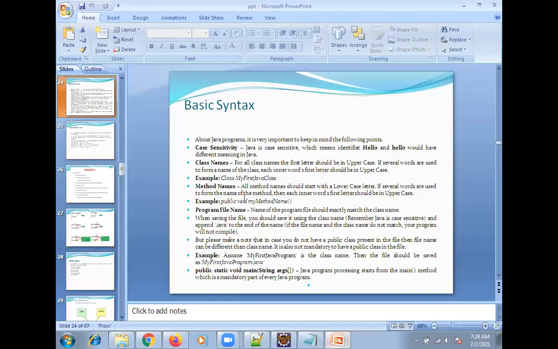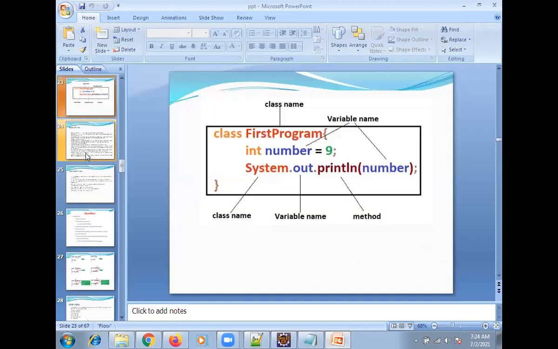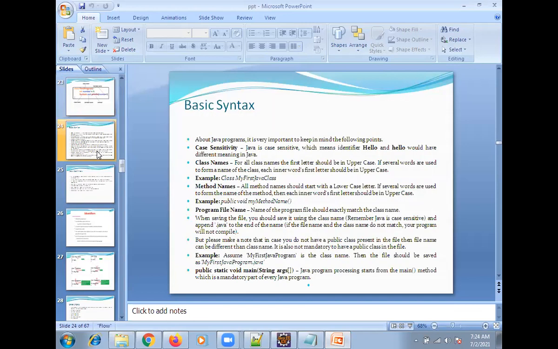Now, basic syntax. We are now going to write Java, and in Java everything is a class or a variable. If we are writing classes and variables, we need to follow some rules. We are going to use classes and variables in real time. Whenever you want to write your own application and do some operation, you need to write a method, a variable, and a class. Clear, right? To write classes, we need to follow some rules.